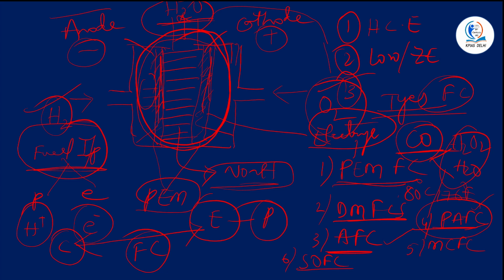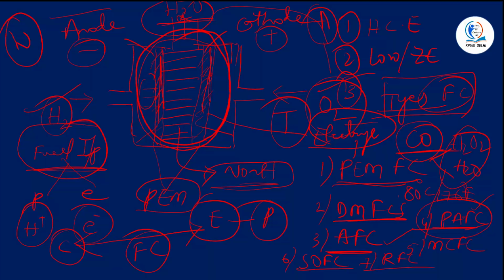Then another type is called reversible fuel cells. Reversible fuel cells produce electricity from hydrogen and oxygen and generate heat and water as byproducts like other fuel cells. So this is reversible. The reverse process is happening in this particular fuel cell. So these are the various types of fuel cells that we have discussed. I think the working process is clear and the advantages are clear, and the types of fuel cells that we are talking about are also clear.